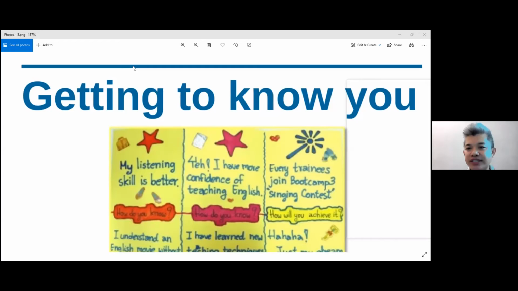How many wishes? One wish, right? So now you have 2 minutes to write something here, and I also wrote mine in the Zoom chat already. You can have a look at it as a sample, right?